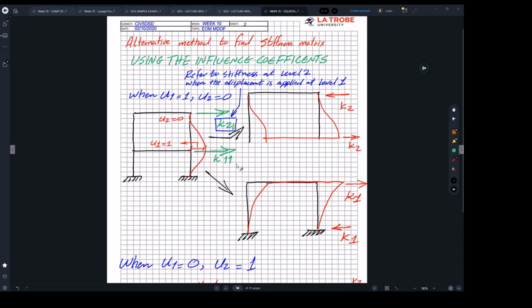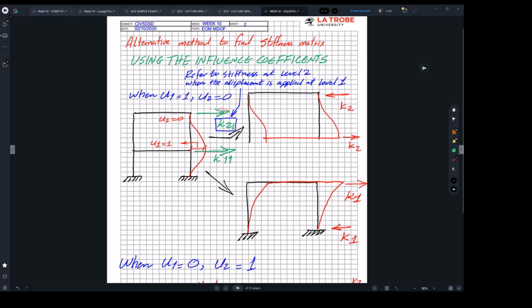You need to be careful with labeling because that will help you to establish the positioning within a matrix later on. So K11 refers to having the first one. It refers to having the force applied, the displacement applied at level 1. The second one here represents where we are imposing the displacement. So again, the first number represents where we are measuring the action, and the second one is where the displacement